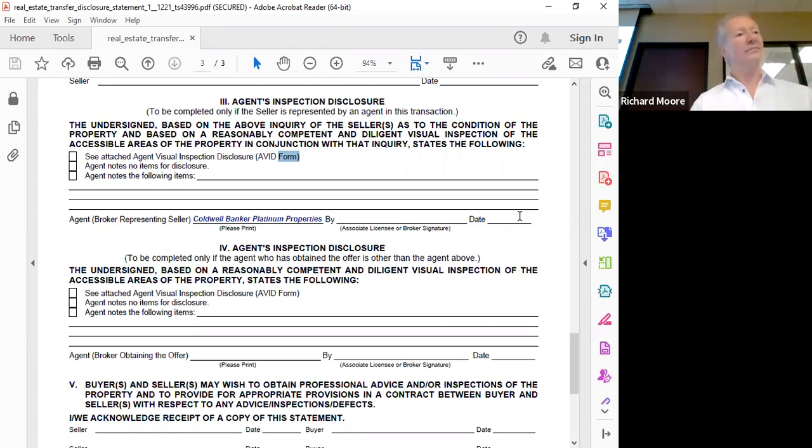So what if the seller just signed it, and wrote nothing? Is that acceptable? If the seller just signs it and they don't have anything to disclose, maybe they should say never occupied the property, never saw the property. If that's the best of their ability to complete it, then I guess, but the question would come down to whether we just put a blank form in front of the seller. They're going to say, hey, they had me sign this without even having me complete it. So I wouldn't be reticent to accept something like that if there's nothing on there. And if they know nothing, then they should write, I know nothing about the property.